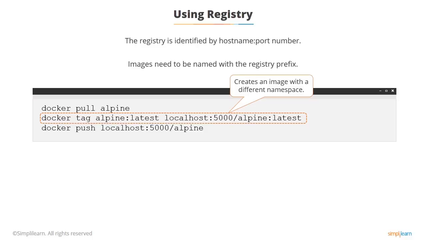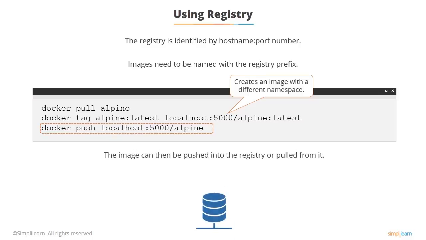So then when we push localhost:5000/alpine, it pushes that image into our local registry. And notice the name must agree. The thing before the slash must agree with the name of the registry, which is why we had to create another image from the Alpine one to the one that uses our local repository prefix.